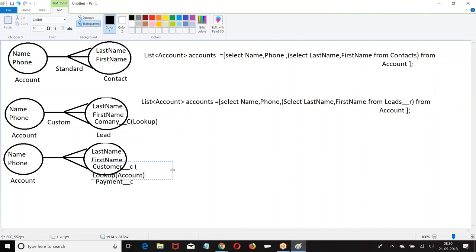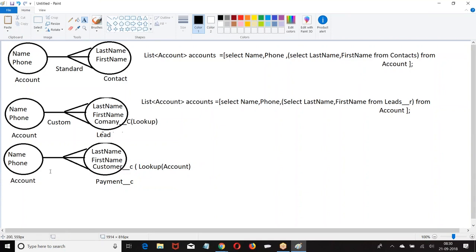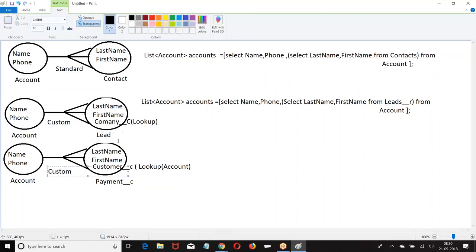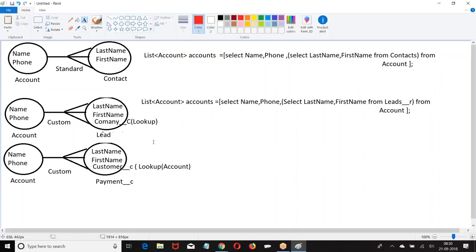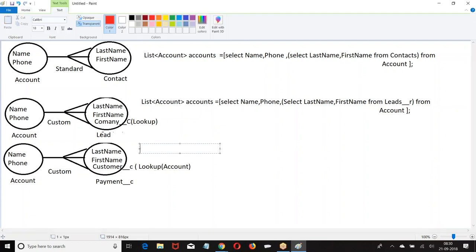This is also a custom relation: one standard object, one custom object, custom relation. Now how do you create the query? List of accounts. I will modify the names of the fields there. Select.